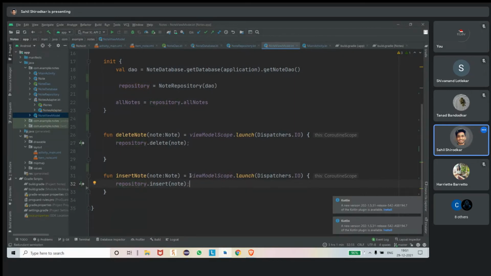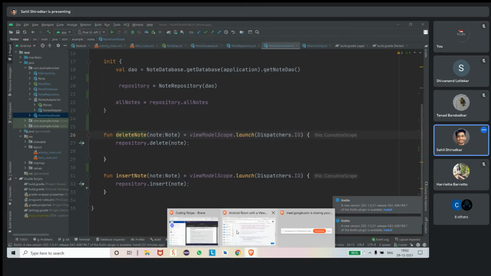You can see here we have written this code, repository.insertNote, inside a viewModelScope. So this is a coroutine scope. Let me explain coroutines a little bit in depth. What does coroutine mean? Let's now see the app from the thread perspective. Let's say you are directly calling deleteNote, directly calling the database. Let's go here.